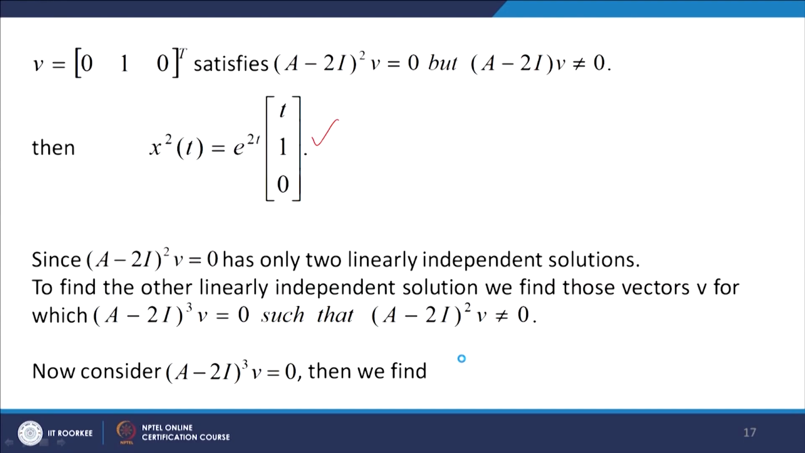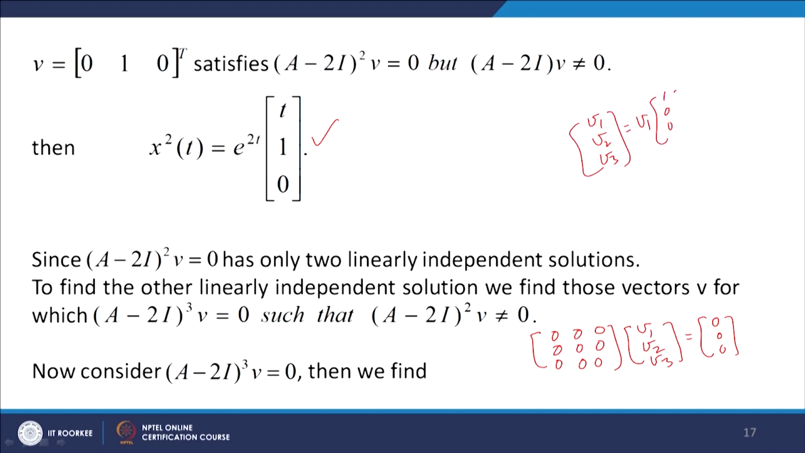Okay. (A minus 2I) whole cube b equal to 0. When we do this, what do we get? A matrix of all zeros, 0 0 0, 0 0 0, 0 0 0, times b1, b2, b3, equal to 0. Okay. So, b1, b2, b3 are arbitrary here. So, now we can consider b1, b2, b3 as a linear combination of